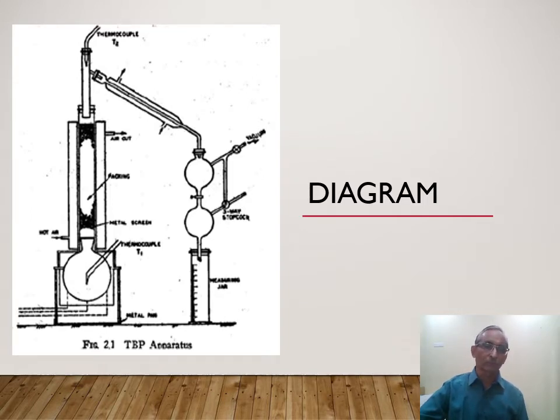When you are going to perform the experiment, this is a glass apparatus. A face shield is required when you perform the experiment, because we have to take care of ourselves. A face shield is required for the equipment also, because anytime accidents can happen. As you are going to heat the crude oil up to 350 or 400 degrees centigrade, whenever it blasts, you have to take care of that. It should not come to our face.